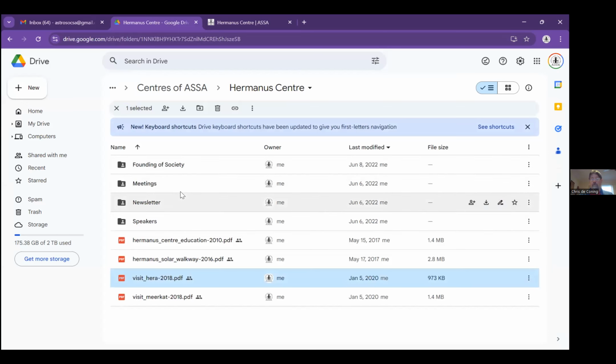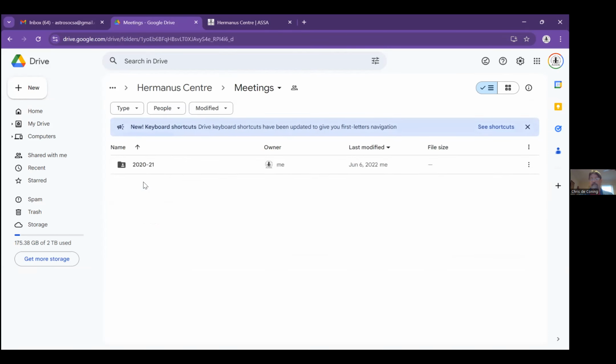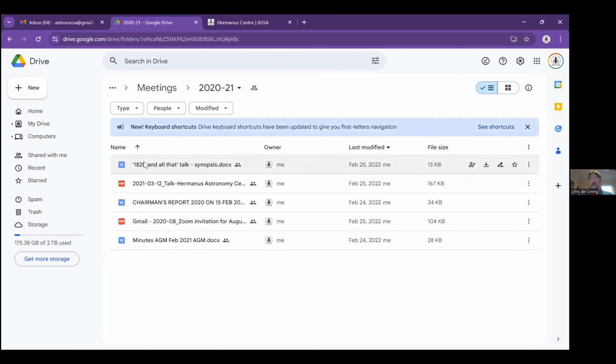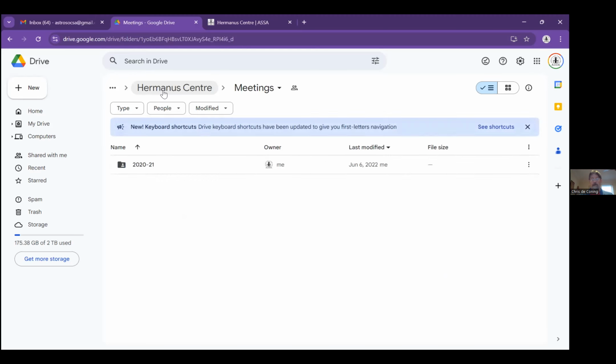And for example, what's important under meetings, there I've got dates. I've only got some meetings on 2020 to 2021. And these are, for example, the minutes of the AGM. But okay, let me just go one up. I have the dates 2020 to 2021 because everything at ASA happens not on a calendar year, but from AGM to AGM. So every AGM, a new committee is